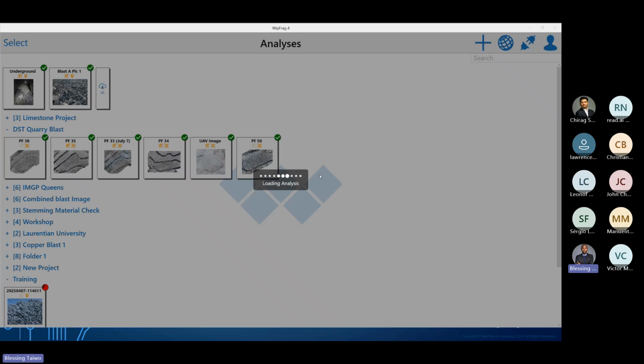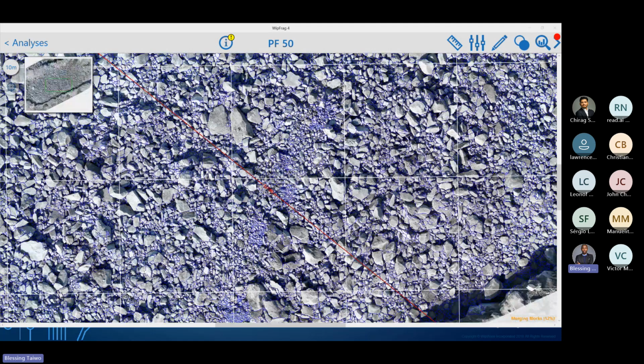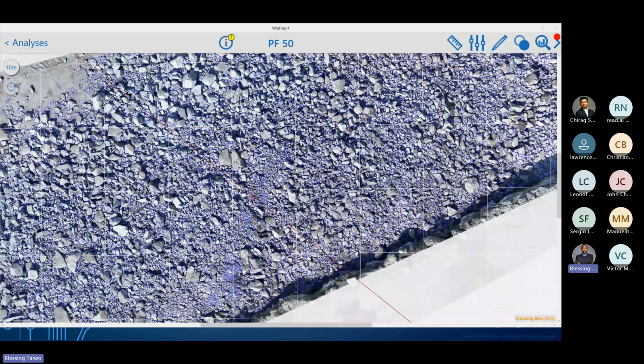As you can see in this example, this is the last blast from the study, and I'm just opening that up to show you an example of the UAV view of the image and how it looks on the chart. These are multiple images from a drone flight.